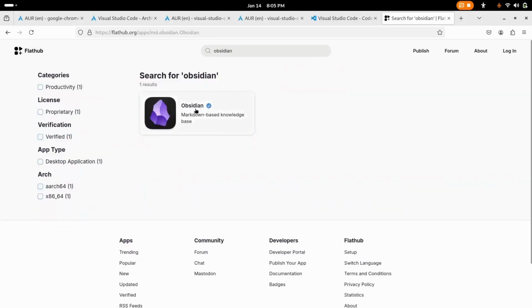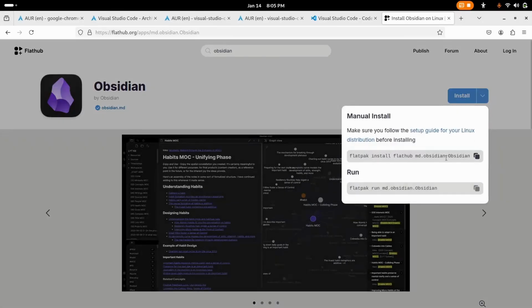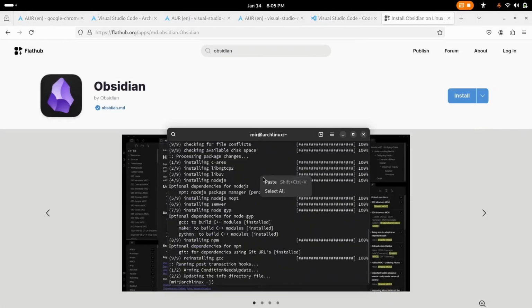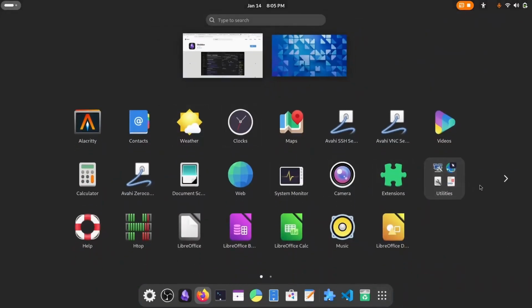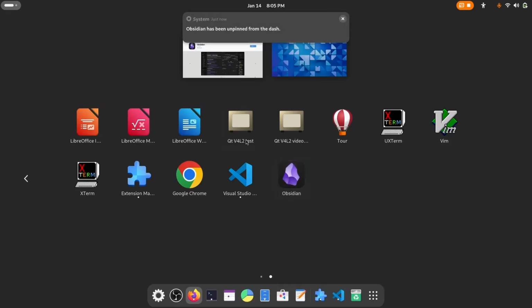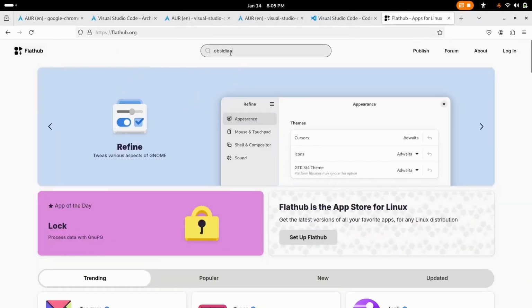Okay, I use Obsidian, so I will go to Obsidian and copy the manual installation command and paste it here like this, and when I click on enter, it will install Obsidian for me. I have already done that. Yeah, here it is. So it's just super easy, like how you use Play Store in your Android device or App Store in your iOS.